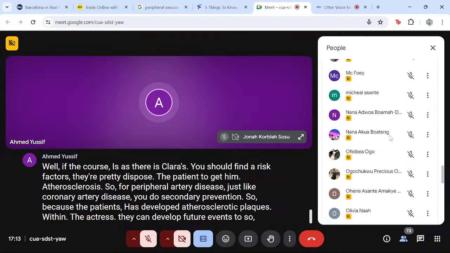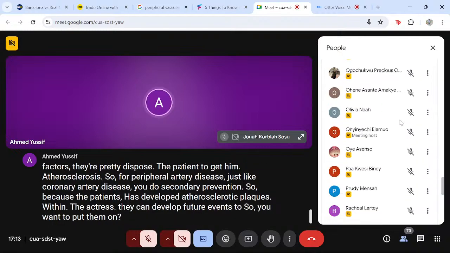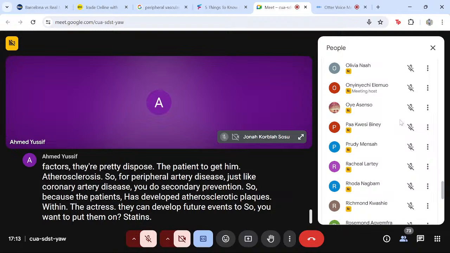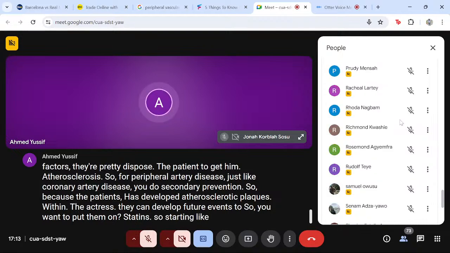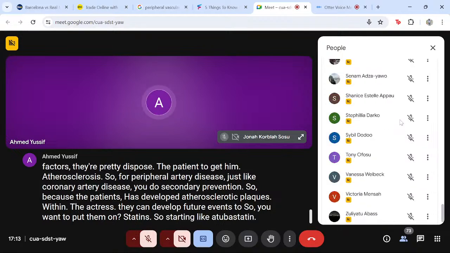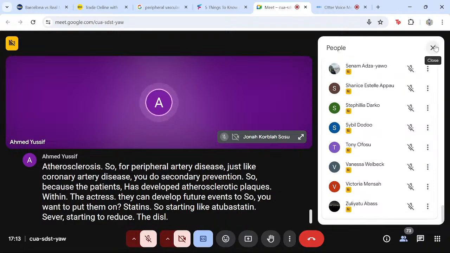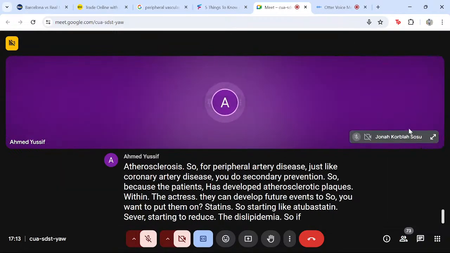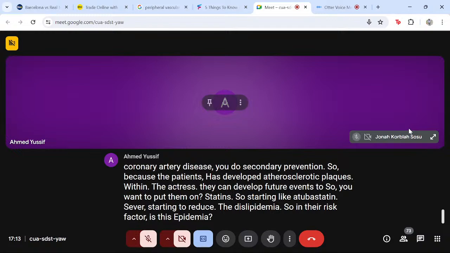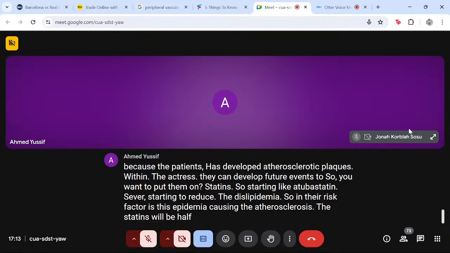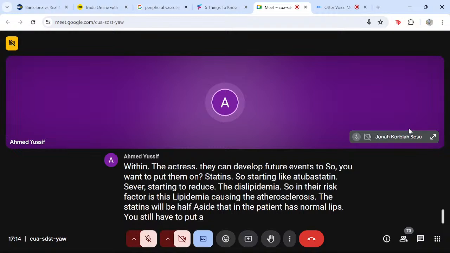So you want to put them on statins, like atorvastatin and rosuvastatin, to reduce the dyslipidemia. If the risk factor is dyslipidemia causing the atherosclerosis, the statins will be helpful. Aside from that, if the patient has normal lipids, you still have to put the patient on a statin if it's atherosclerosis,